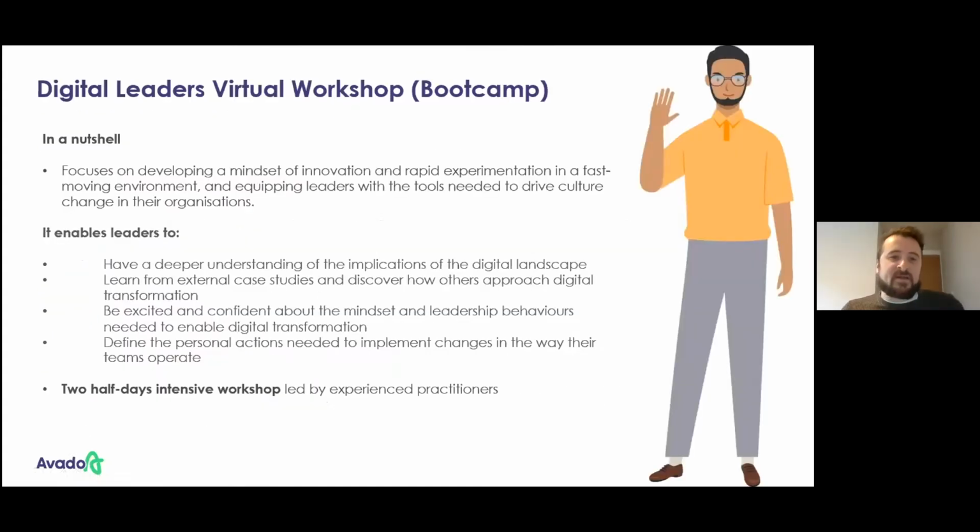So moving on then to the Digital Leaders Workshop, just in a nutshell, a summary. What it focuses on is developing mindset for creating that innovative culture. That might sound like some buzzwords, but ultimately what it's about is developing the confidence of business leaders and aspiring and future leaders as well. And I mentioned before about providing that framework and that infrastructure to actually lead change across a digital transformation. It's delivered over, as I mentioned before, a 2 half-day workshop, and it's all about how to